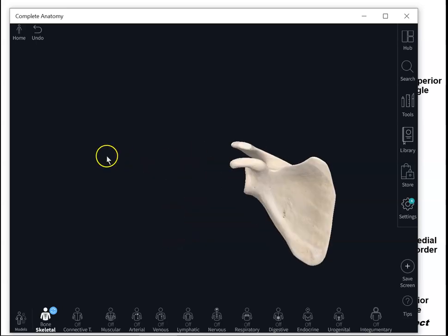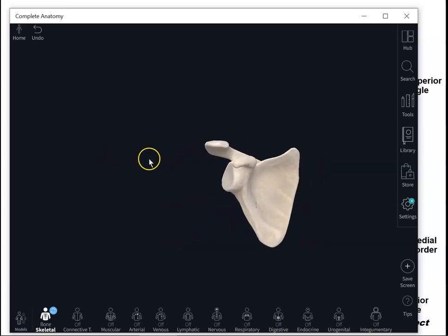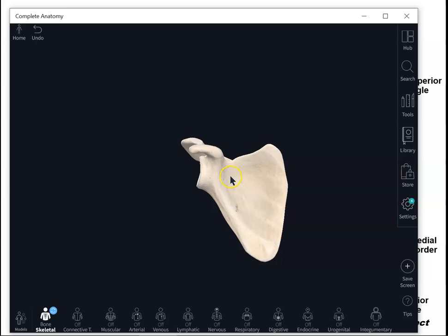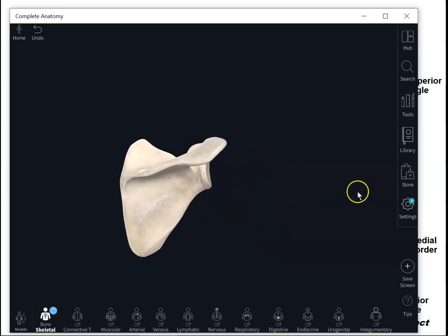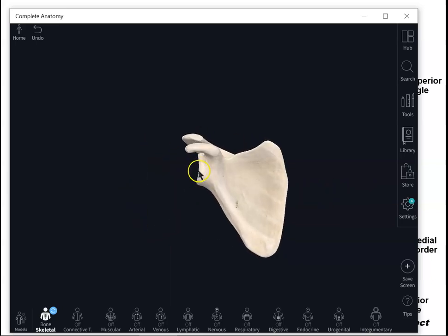Just know coracoid process. And those are the major landmarks. I mean, you will need to know the bone markings, but those are the landmarks. So if I put